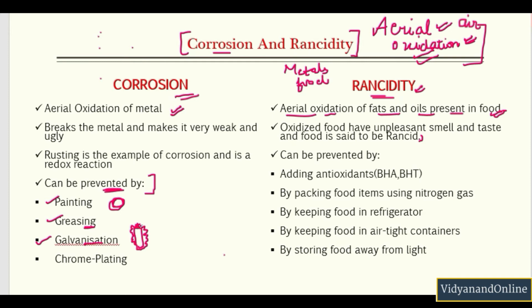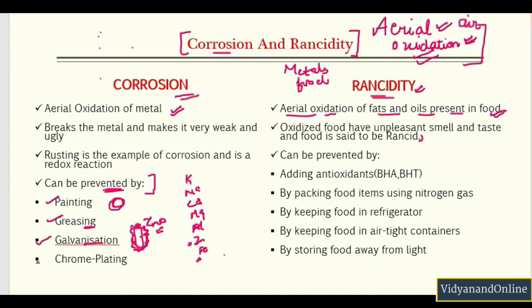Okay, so zinc is actually more reactive than iron. If you remember the reactivity series, iron is below and zinc is above it. So zinc is more reactive than iron. That is why zinc, when kept in air, reacts with oxygen present in the air and forms a layer of zinc oxide, thereby preventing iron from getting exposed to air and moisture.